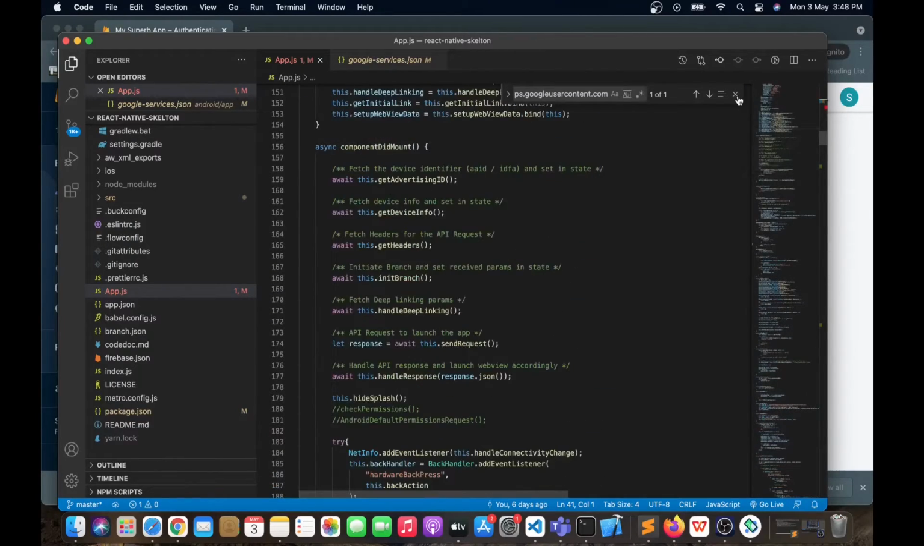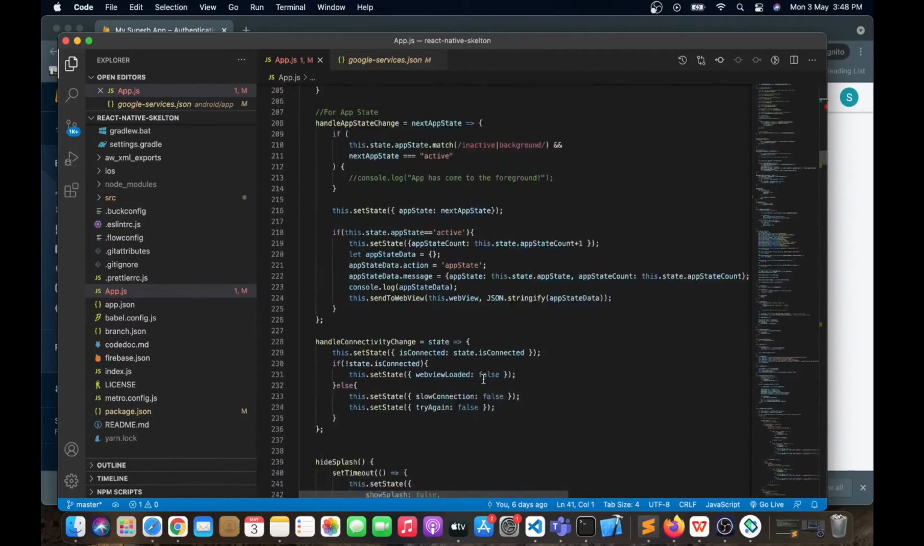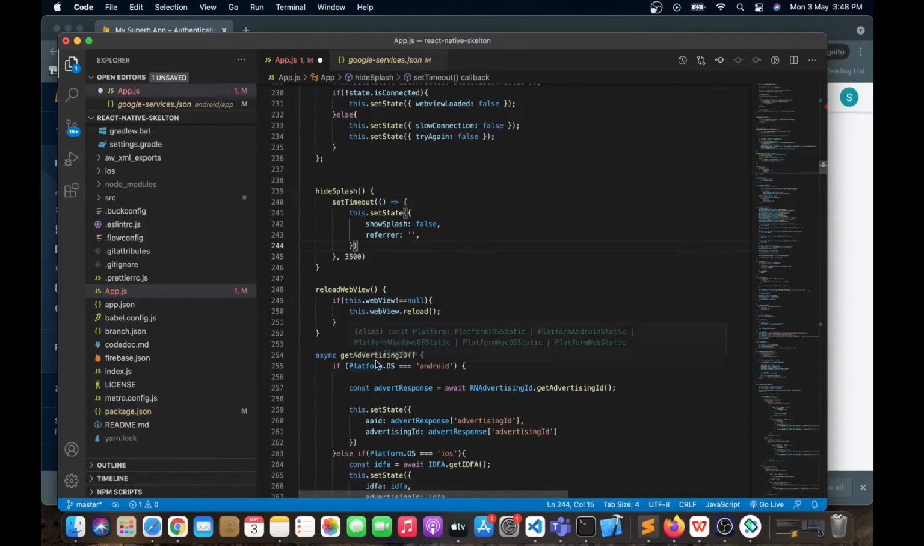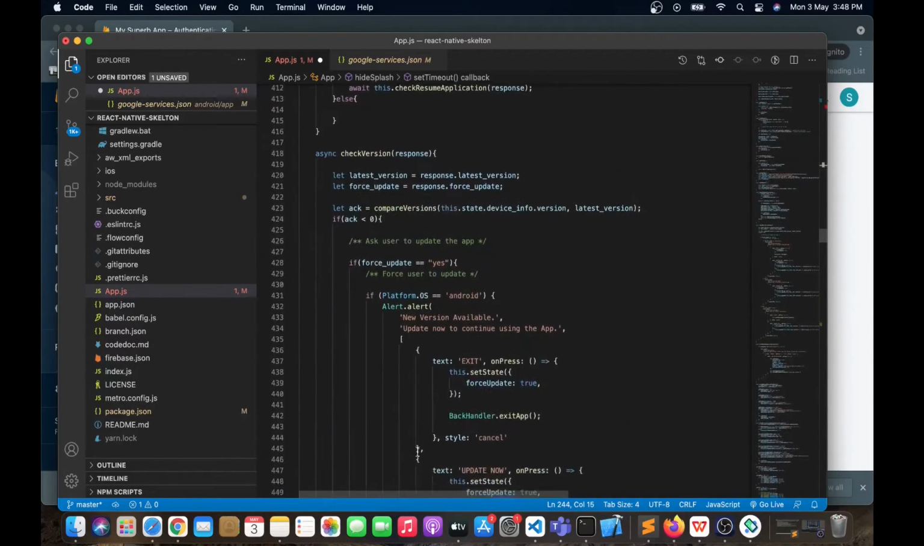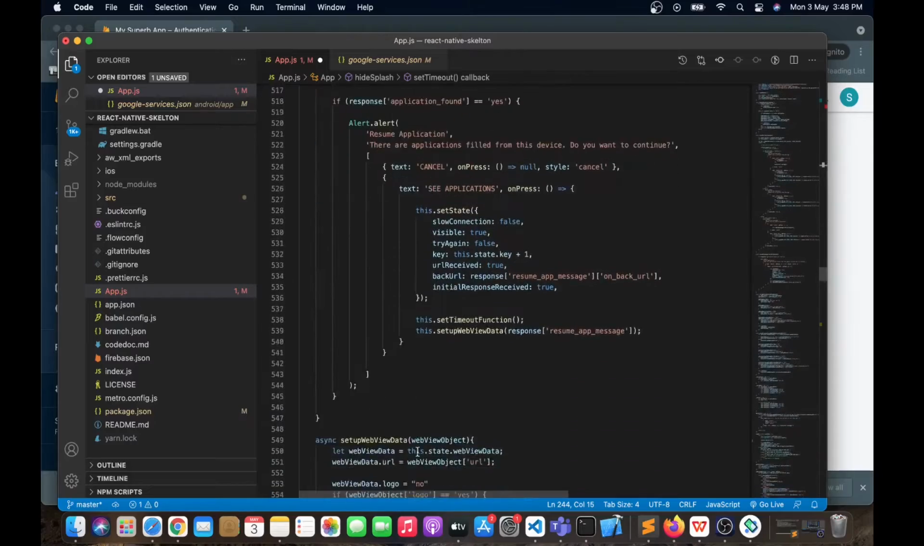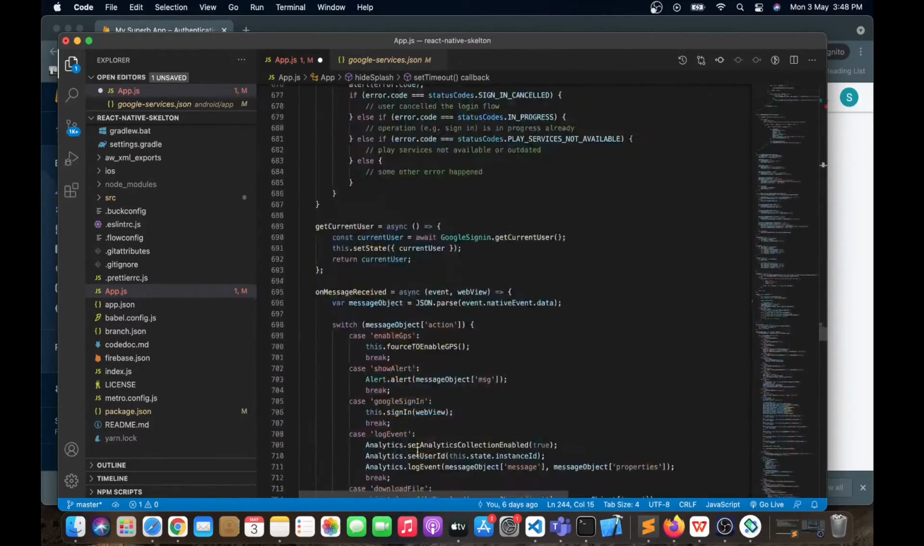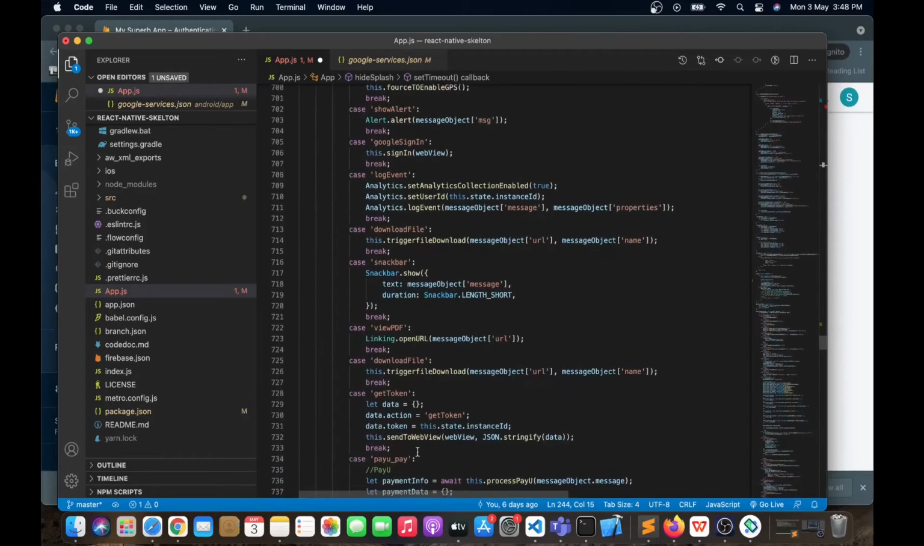For this demonstration purpose, I have manually triggered it. As you can see, I have manually triggered it. But in your case, what you can do is listen to the events from the web view and trigger it. So as you can see in this switch,